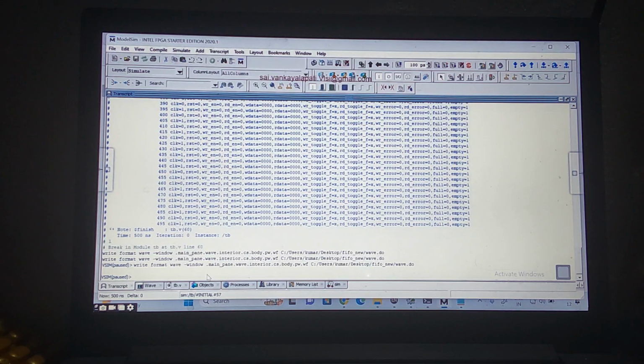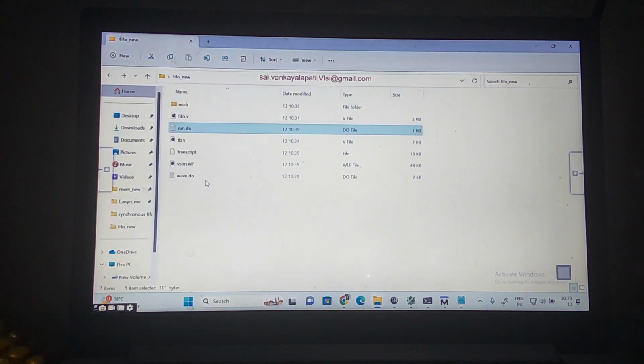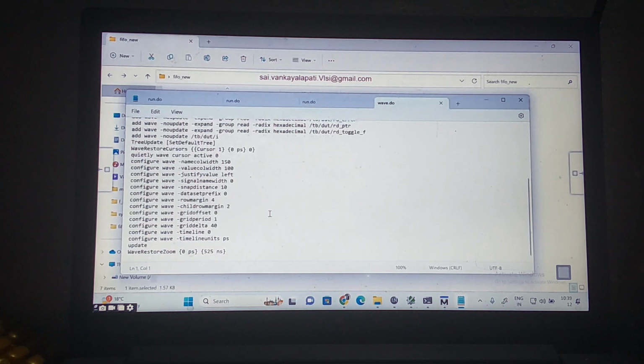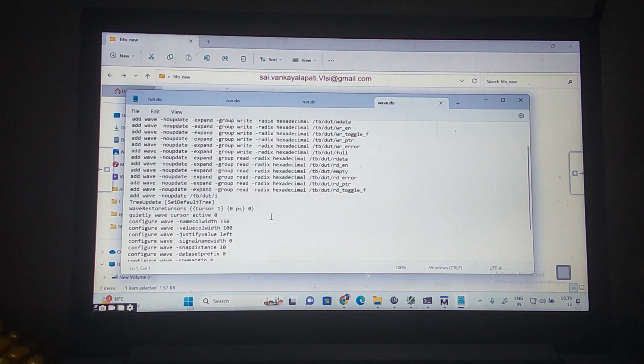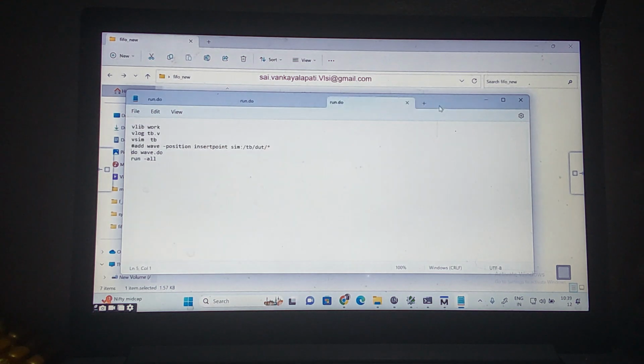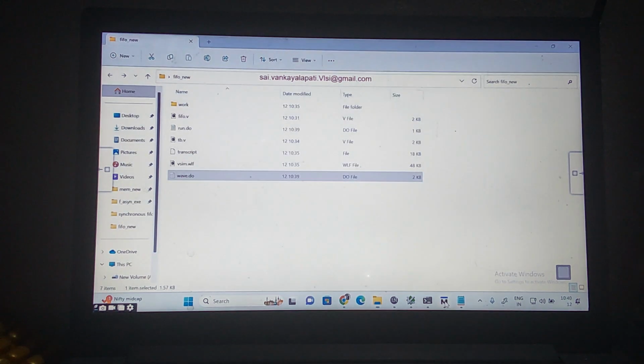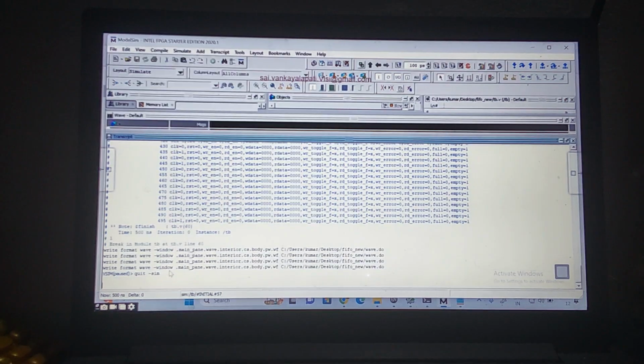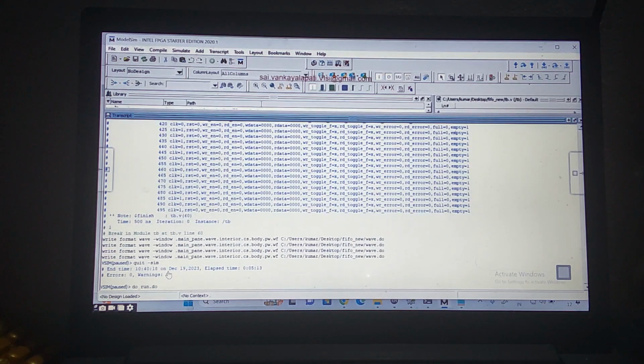It is reporting an error with the wave.do file. Let's check whether this wave.do file is there or not. This is my wave.do file. All these signals are made to what? You can see the radix, and we are making it hexadecimal form. When I'm saving with Control S, if I save with the extension wave.do file, all the signals are saved in hexadecimal form. You can understand this. Okay, let us check the error I'm getting. So let's quit the simulation. Now let us run this. Do run.do file.